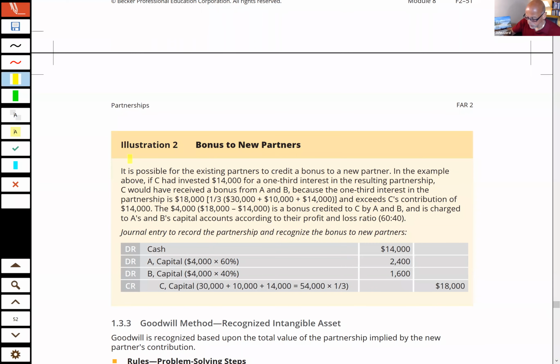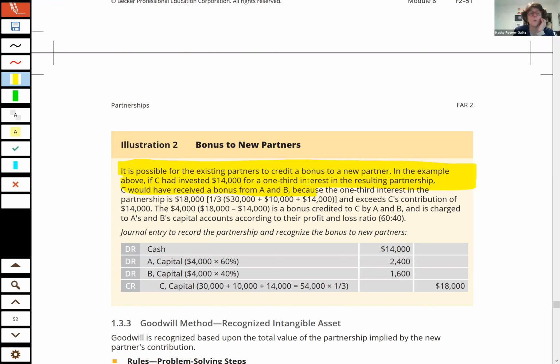I stand corrected. So since it's not the same facts, let's look at this. You could use the same facts for goodwill, but apparently they decided not to. So what happens in the example above? If C had invested $14,000 for a 1/3 interest in the resulting partnership, C would have received a bonus from,